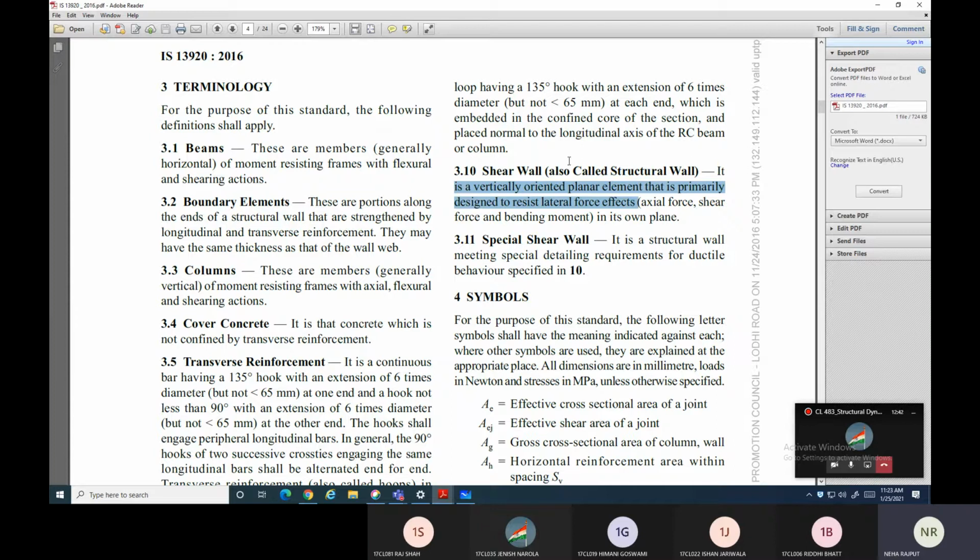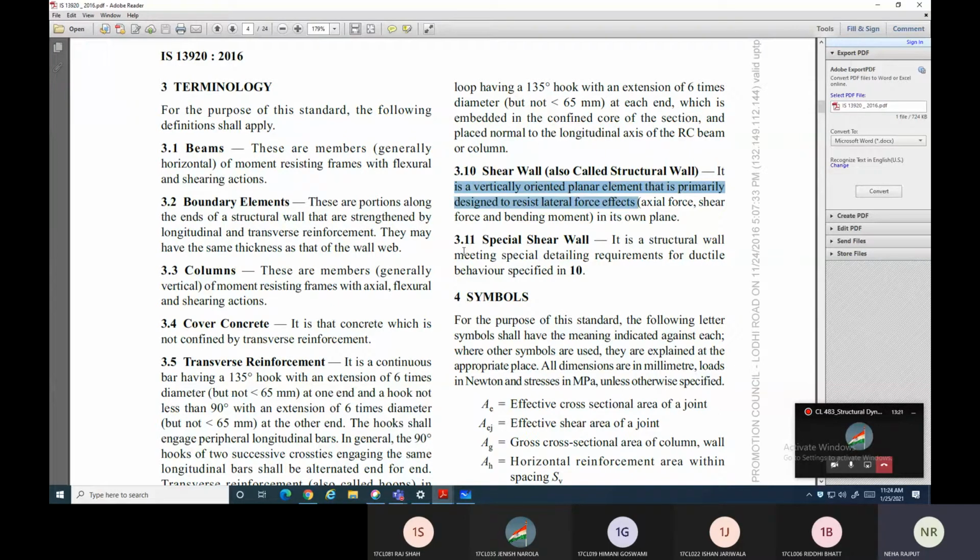So if the load path mechanism is slab to beam, beam to column, column to footing, that load path mechanism is not applicable for the shear wall, because shear wall will resist the load of earthquake force only, lateral force only. So that is the only specific design given for the structural wall to resist the earthquake force in its own plane. In its own plane means in its stronger direction. We'll discuss this part later on when we deal with the lateral load forces calculation.